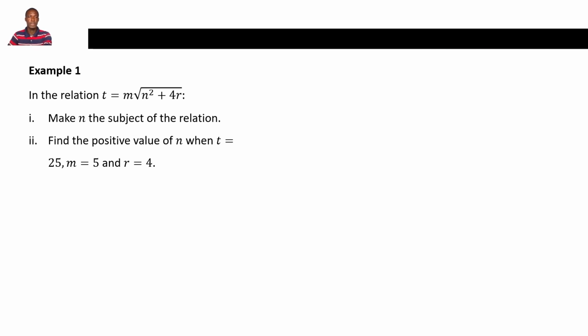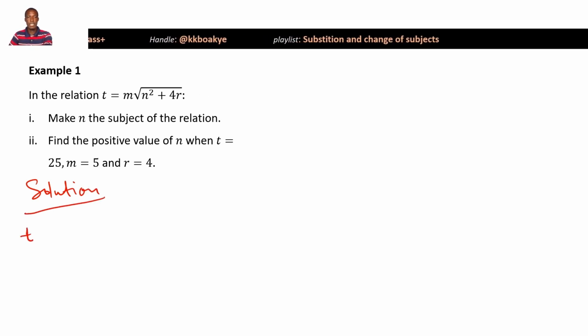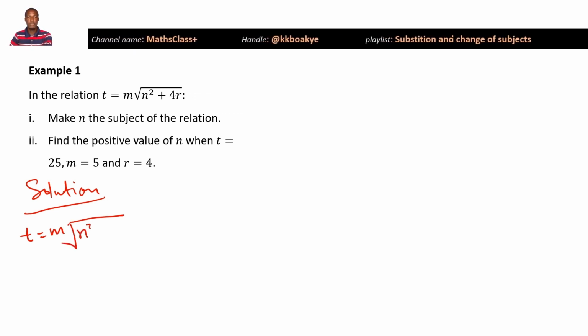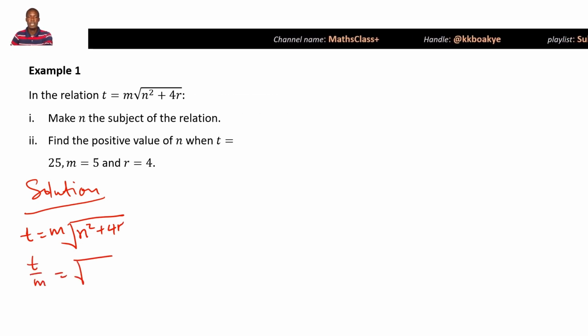Example 1. In the relation, we have to make n the subject. Okay, so our solution will be this. We have t is equal to m multiplying the square root of n squared plus 4r. So we divide through by m, and that will give us